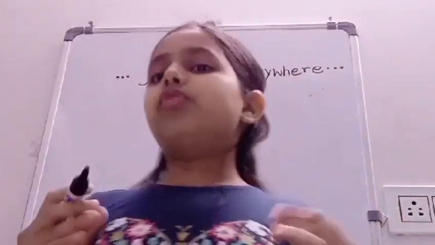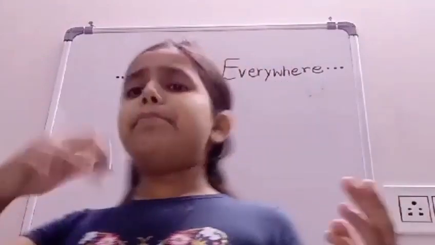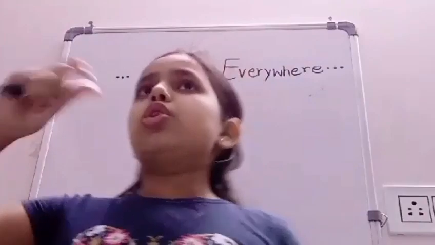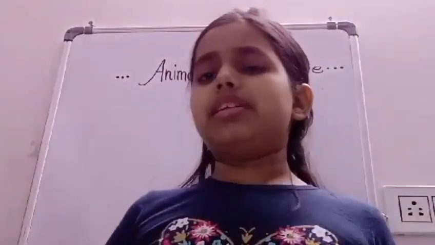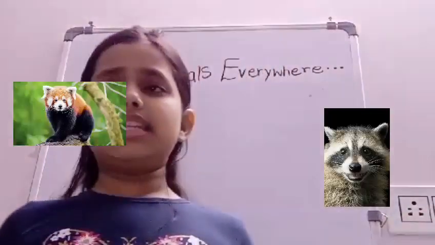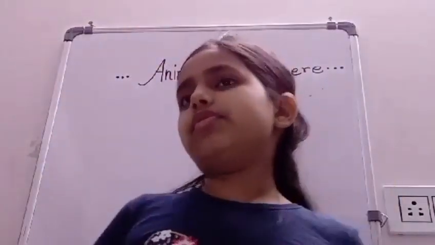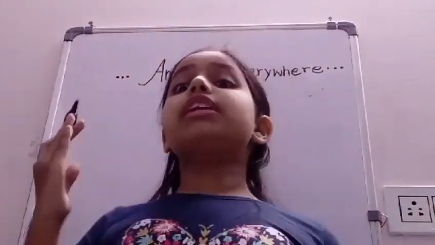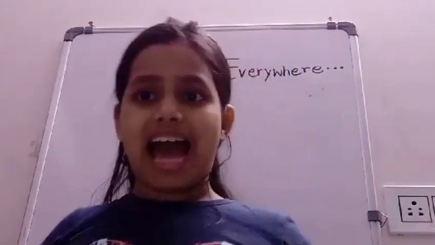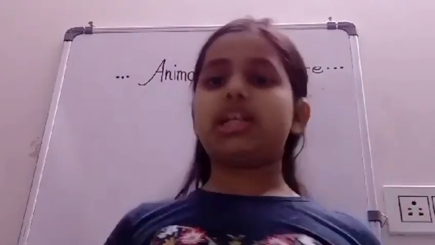Animals everywhere. What do you mean by this statement, this line? It means that there are many animals roaming around everywhere, right? So you have seen many animals like raccoons, red pandas, or cats, dogs, some basic animals also. Now, something that students are often confused about is what their habitats are, what their food is, how they fly, what their weight is in kilograms. I'm going to clear that up for you all.